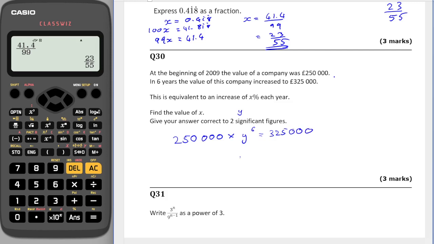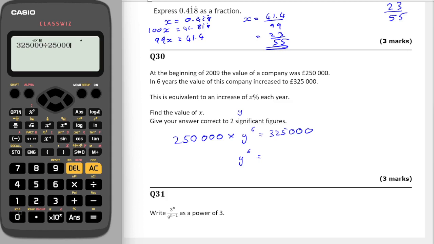If I divide both sides by 250,000, y to the power 6 is going to be equal to 325,000 divided by 250,000. It's going to be equal to 13 over 10. So I want the sixth root of that. So y is equal to, on my calculator, the sixth root button is this one here. So shift, and I want the 6th root of my answer. So that's going to give me